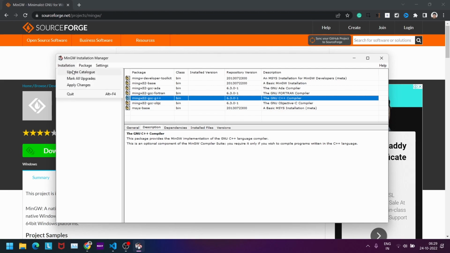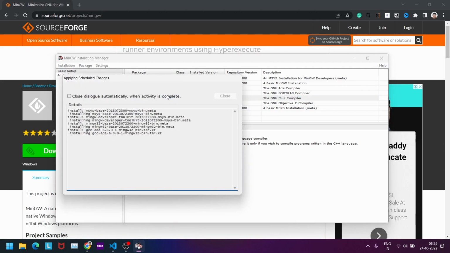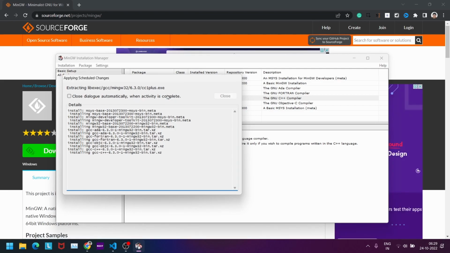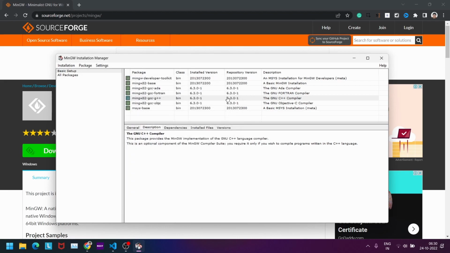Click on the installation tab and select apply changes. Sometimes this might take a while. Okay, so as it is installed on our computer,